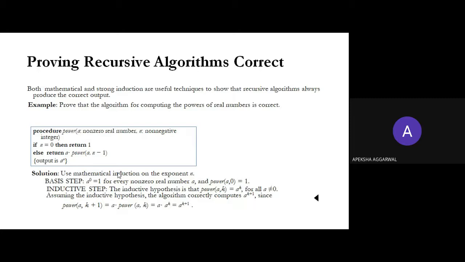Now, proving that this is correct, how will you prove it? You will prove it using mathematical induction. So in mathematical induction, power of a 0 is 1. This is your basic step. You assume that P(k) is true, so power of a to the power k is equal to a^k is true. You have assumed that, and you will calculate a to the power k plus 1. You start from a to the power k plus 1, which is equal to a into power of a^k, right? And power of a^k is a to the power k, which gives you a to the power k plus 1. Okay, so from the left hand side, you have reached the right hand side. This is clear?